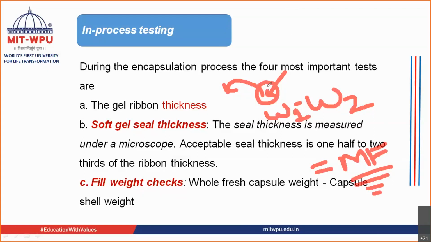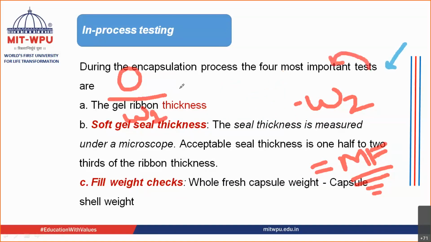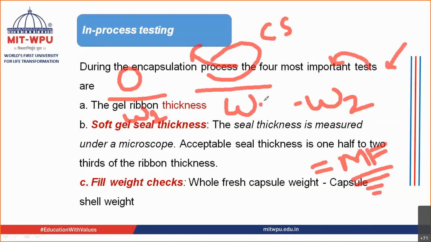Just to repeat it once again to you, you take first the capsule, right? This soft gelatin capsule, you are going to put on the weighing machine. You are going to find out the weight, which is going to be W1. Now what you are going to do is, you are going to cut this capsule. So this is the open capsule, only the capsule shell. Material you have removed from it. Then you are going to weigh again and find out W2. You are going to do W1 minus W2. Supposing this weight was, just for an example, 2 gram.